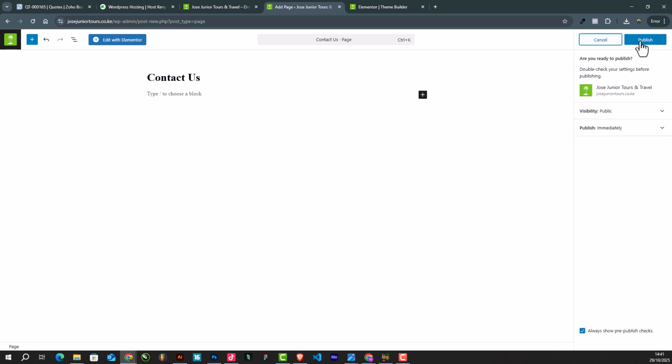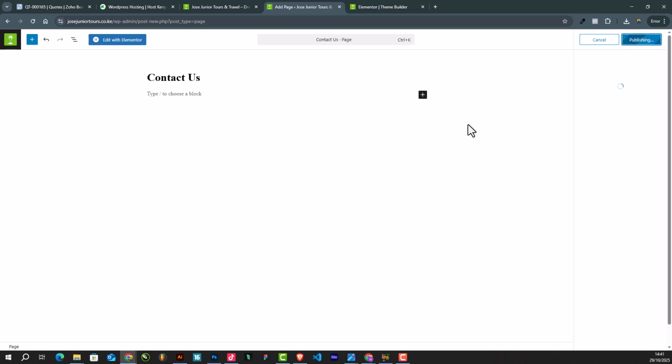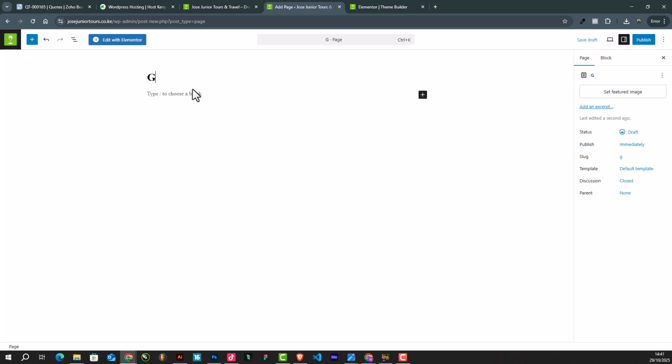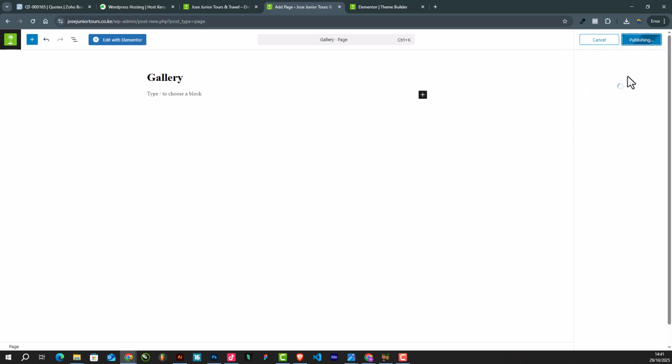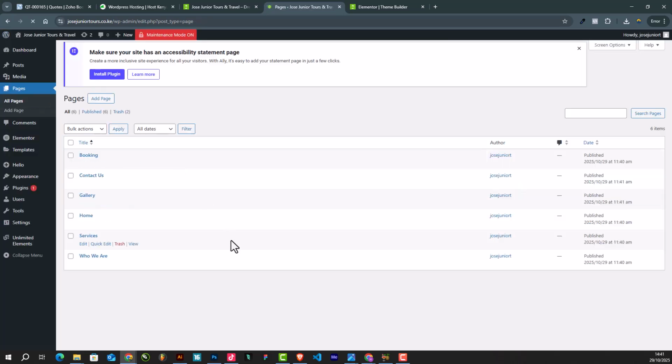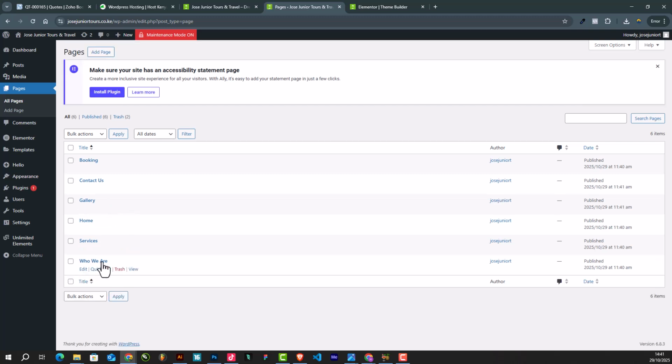Is there any other page I'm missing? Let's add another one called gallery, so that we'll have images of the tourist attractions, since this is a tours and travel website. So yeah, now we have our pages. If I just go back here, just click on the logo on top here. So we have our homepage, who we are, services, gallery, contact us, booking. Okay,